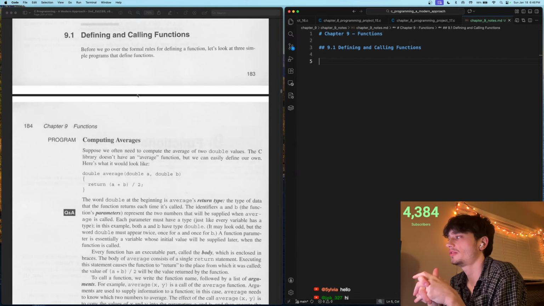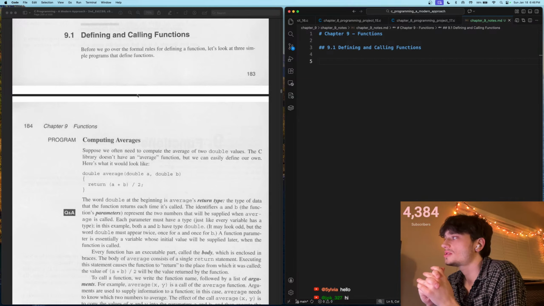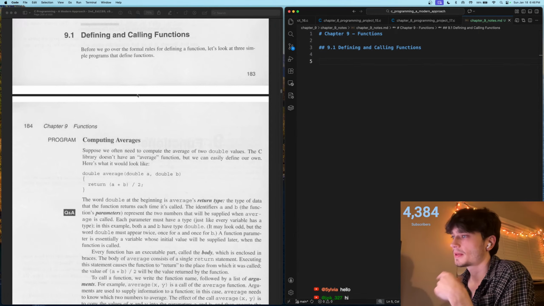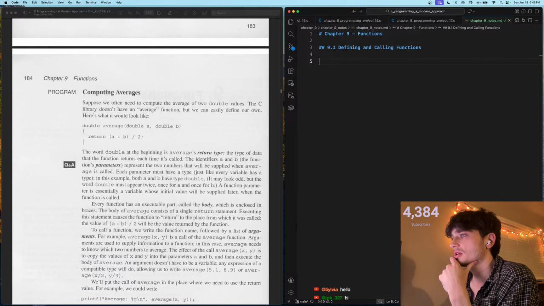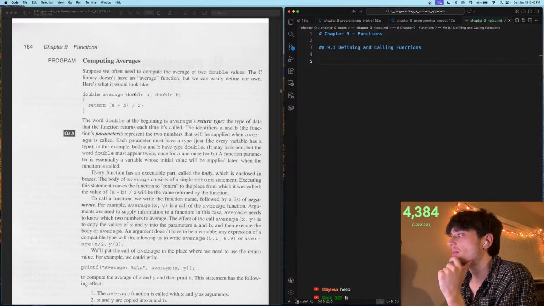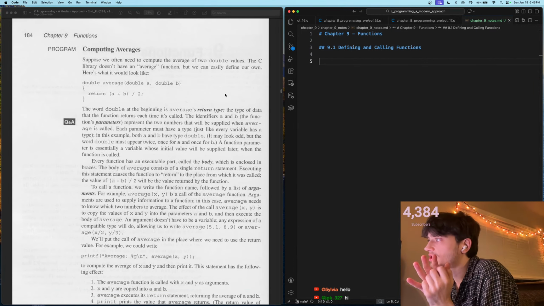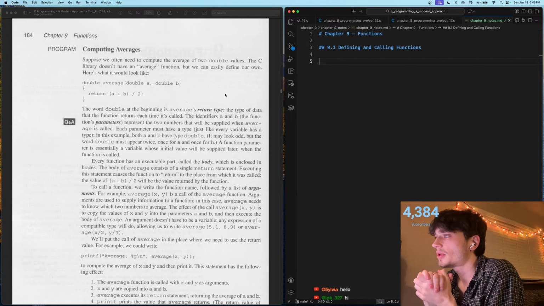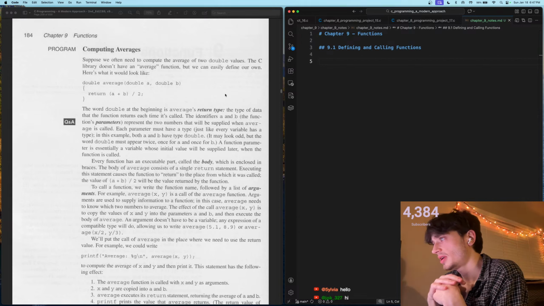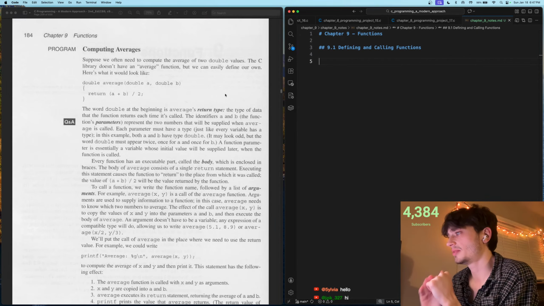9.1, defining and calling functions. Before we go over the formal rules for defining a function, let's look at 3 simple programs that define functions. Computing averages. Suppose we often need to compute the averages of 2 double values. The C library doesn't have an average function, but we can easily define our own. Here's what it would look like. double average(double a, double b) { return (a + b) / 2; }